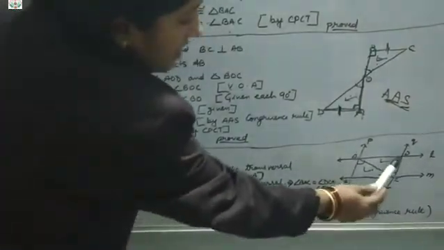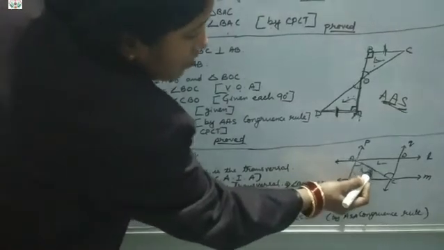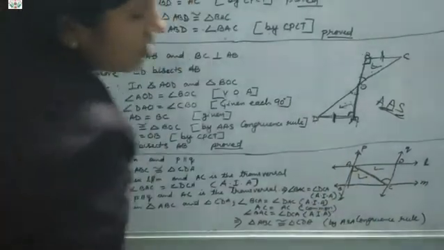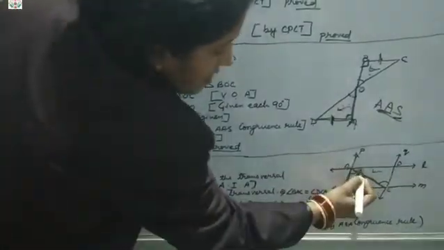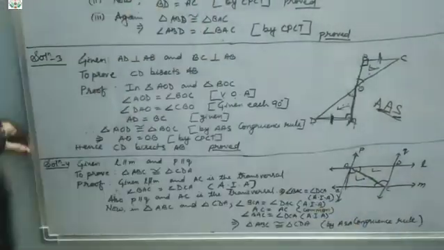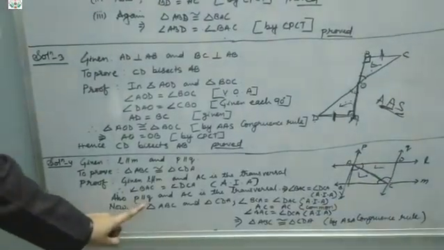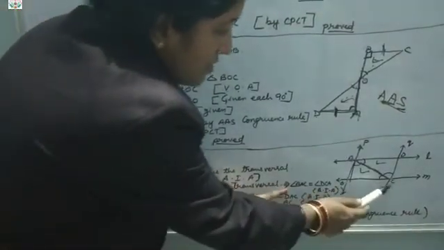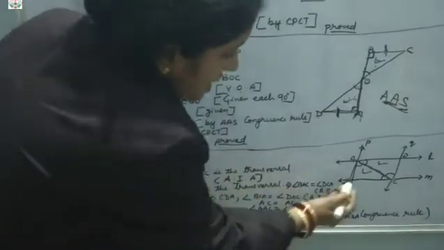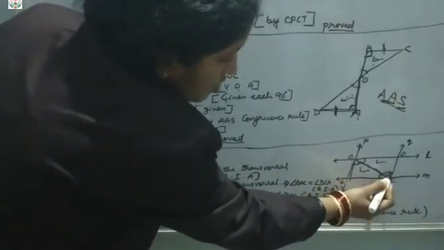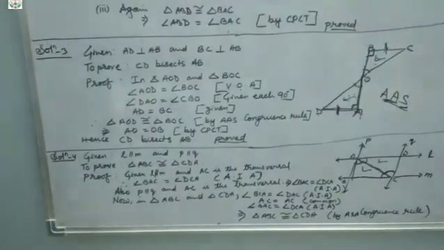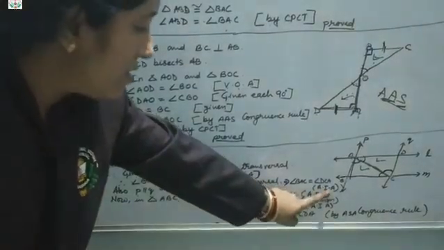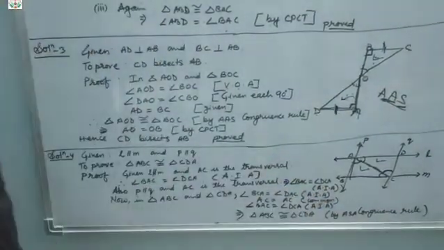And again, in the same way, if P is parallel to Q and AC is the transversal, and this is parallel to this, that means which two angles? This angle will be equal to this angle. Yes or no? You can see here that is angle BAC, this angle will be equal to this angle. Clear? By the same way, alternate, I for interior, A for angle.